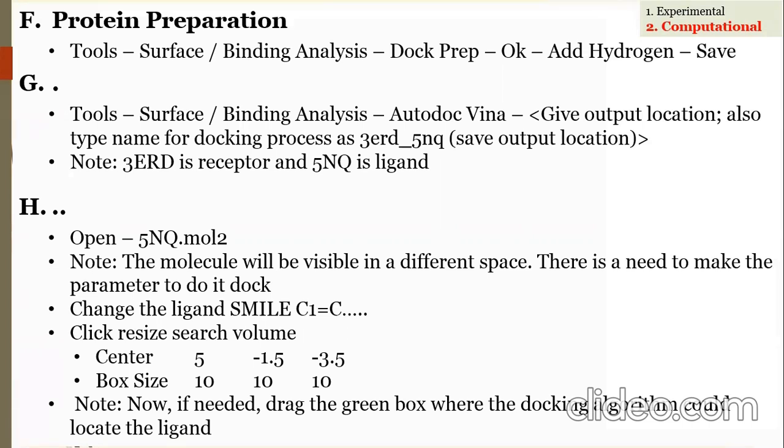सो प्लीज इसको आप करें, और ये चीज़ें फिर उस वक्त समझ आएंगी कि हम क्यों ये कर रहे हैं। ठीक है, तो आप लोगों ने एक दफ़ा गो थ्रू किया होगा अपने सिस्टम पे, और फिर मैं बताऊंगा कि हाइड्रोजन एटम्स हम इस वजह से ऐड करते हैं कि एक्स-रे क्रिस्टलोग्राफिक स्ट्रक्चर में हाइड्रोजन एटम्स नहीं होते, इस वजह से इस प्रोसेस के अंदर आप लोगों ने हाइड्रोजन एटम्स ऐड किए थे,